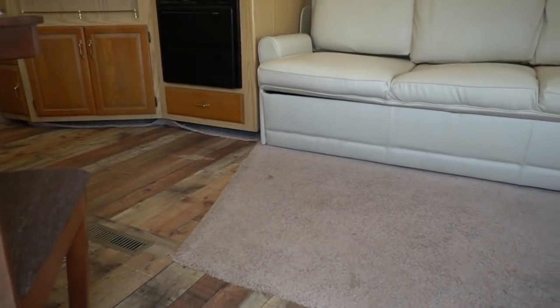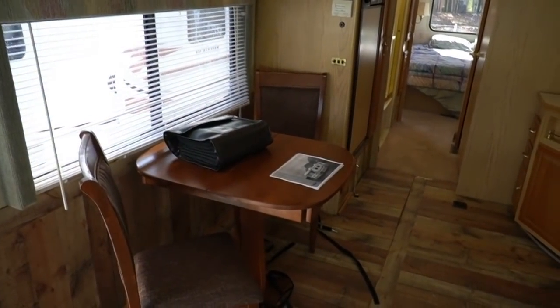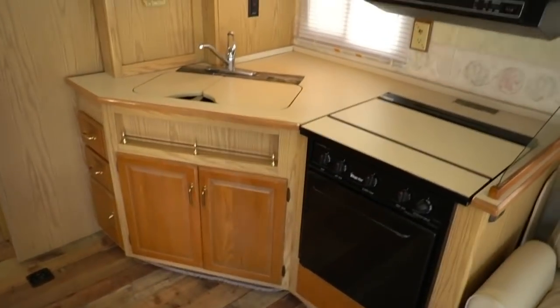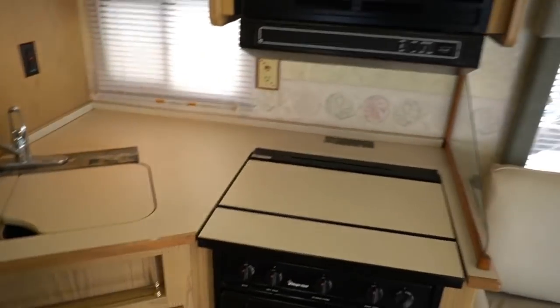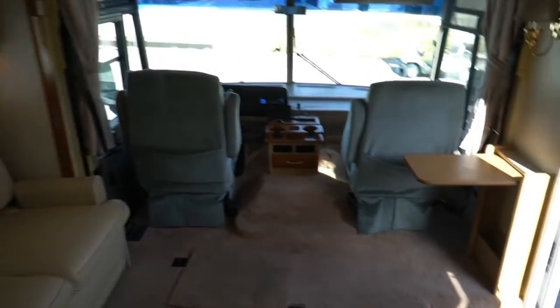Let's look inside, guys. And looks like the carpet's been replaced within the last few years. Not bad. They messed up a little bit under the counters, but you can't hardly see that. And I'm just giving you an honest opinion of this motorhome. I'm going to show you the good and the bad of it, because we'll show you the major stuff work, but basically we're selling it as is. So for that price, I obviously can't put this thing through a 4-page inspection like we do with our higher price motorhomes. But the fact is, the guy was using this thing, so